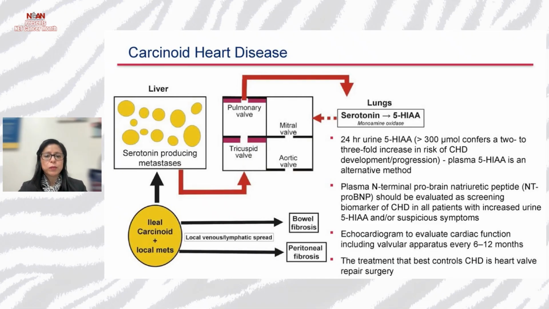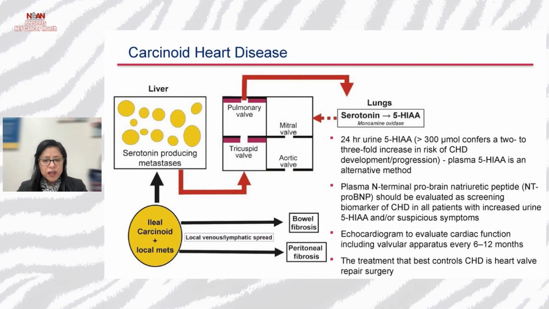This excess of hormones goes into circulation and can accumulate in the heart valve. Long-term chronic exposure to these hormones can cause carcinoid heart disease. Some of these patients may need heart valve replacements because sometimes the scar is so severe that, in order to control some of these symptoms, we need to undergo surgery with replacement of the